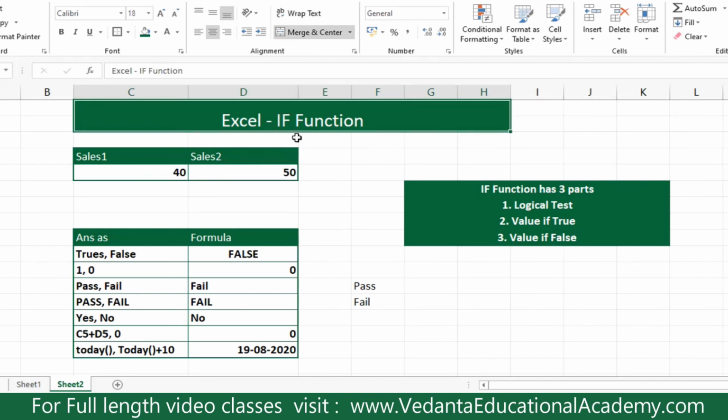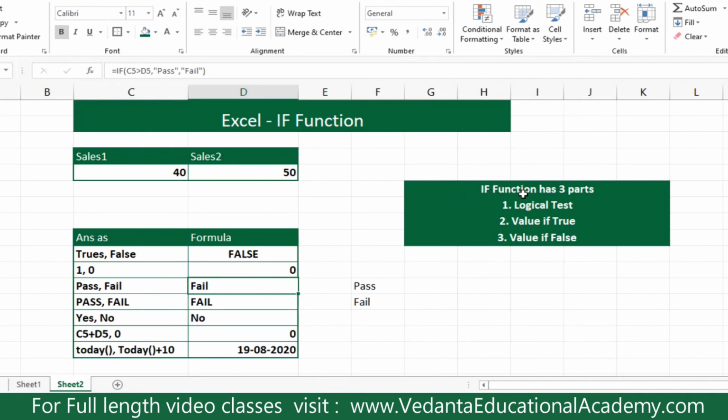However, we are accessing totally 3 parts. One is, first we are, see, in any formula, say this is the comparative formula. In the comparative formula there is no value if true, or no value if false. We are getting the result only in the case of true or false. Here we have not used any IF formula, but now in these cases we are using what?